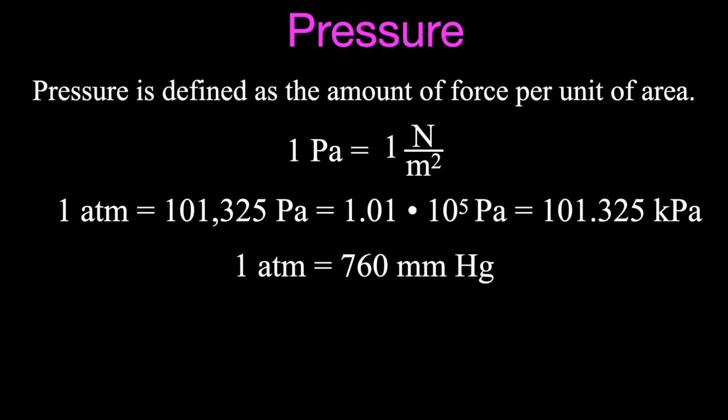There are other units such as millimeters of mercury, and there are other units in the English system that 1 atmosphere is equal to 14.7 pounds per square inch. All right, but again, we'll be using metric units, and the metric unit is the Pascal, and we'll be talking in kilopascals. Now, let's talk about fluid pressure, because we're going to be talking about fluid pressure in the video